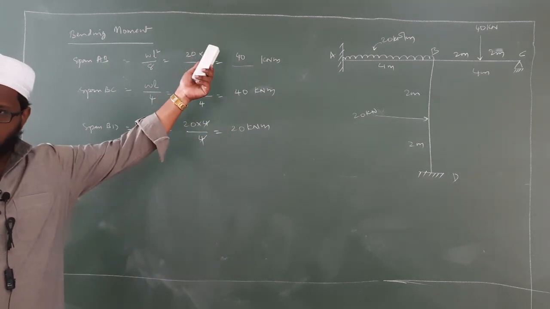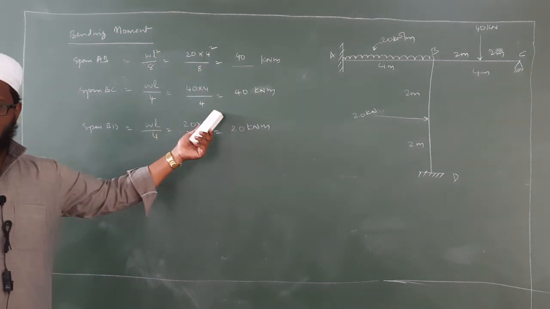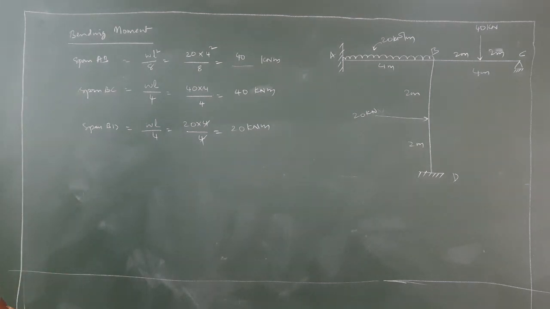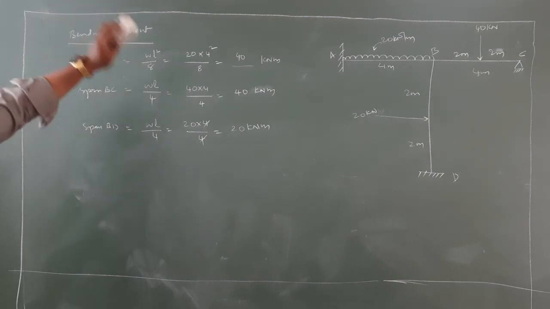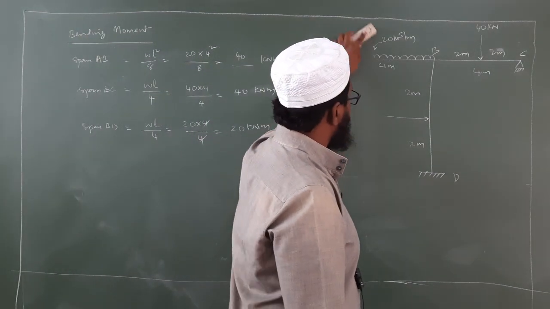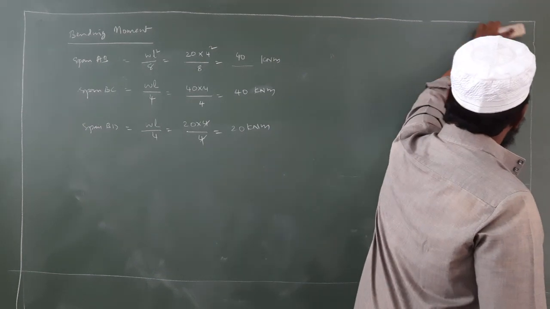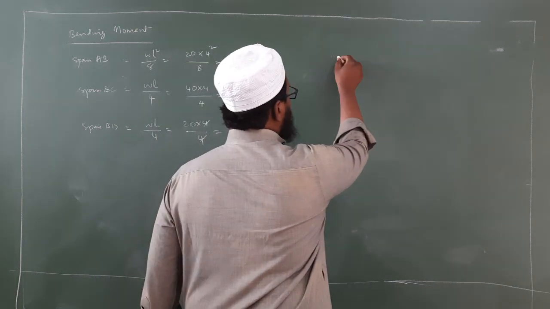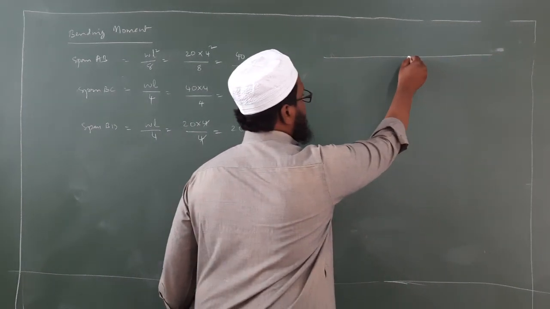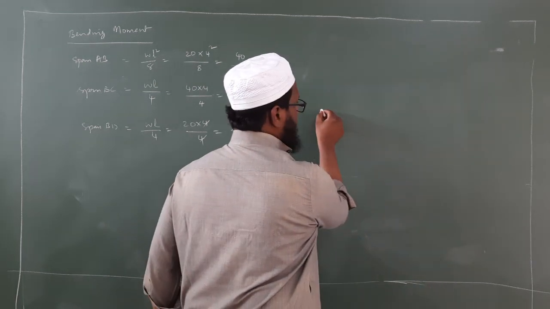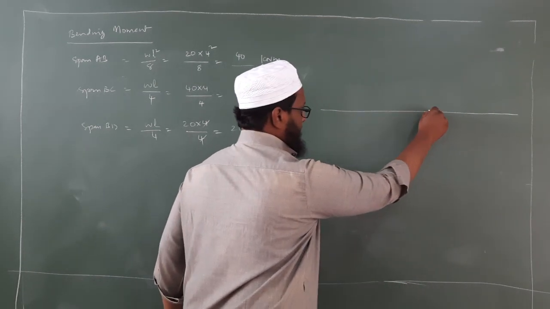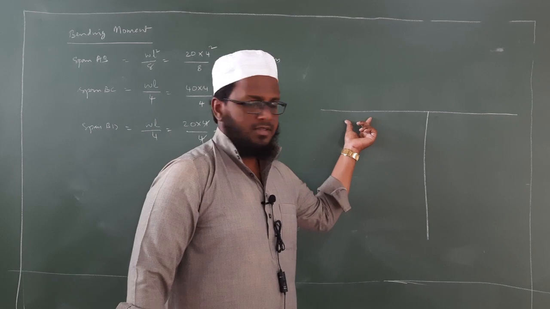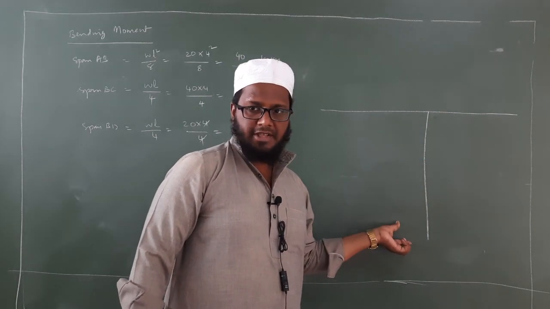Now by using those values and along with that we will be using these bending moments to draw our final bending moment diagram of this frame. Okay. So is it over? Otherwise we will draw bending moment diagram here. So how to draw bending moment diagram for the frame? Simply you draw the frame like this. Draw the frame as it is by removing supports. This is your span AB, span BC and span BD, isn't it?